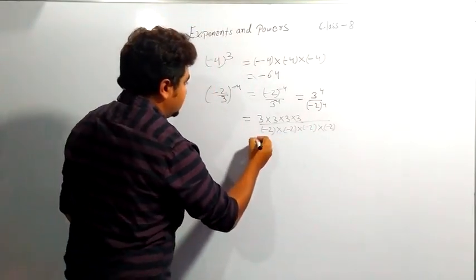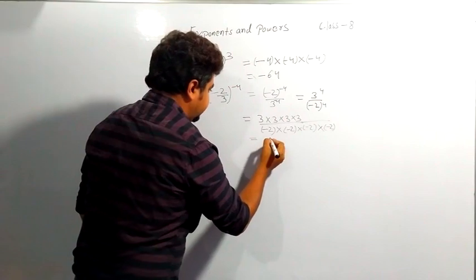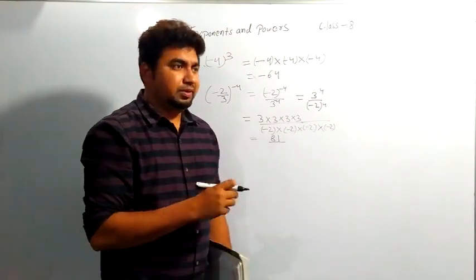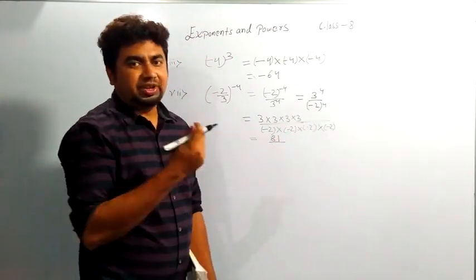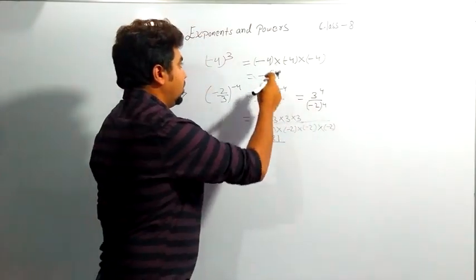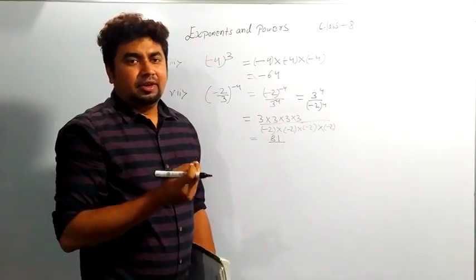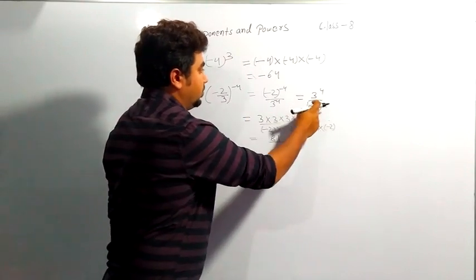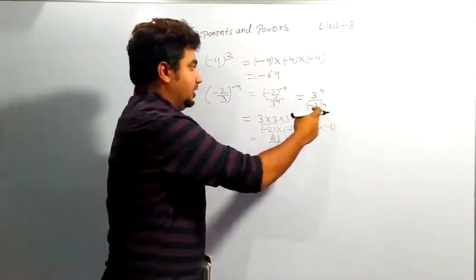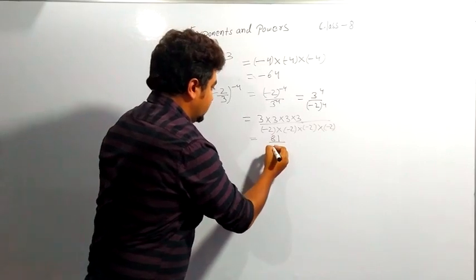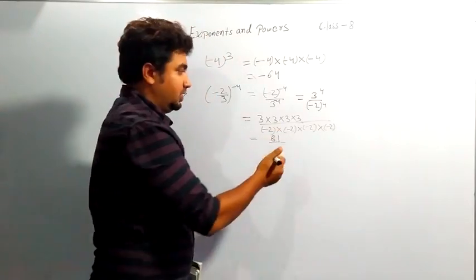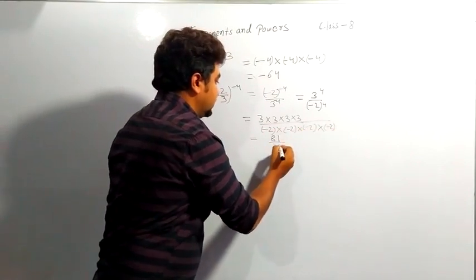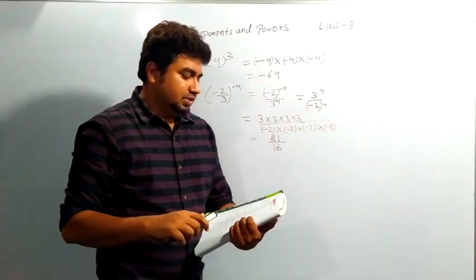So this we can write as 3 to power 4 is 81, and 2 to power 4 is, when we have an even power of minus, it will become positive. When we have an odd power of minus, as in the first question, it will turn out to be negative. When we have minus 2 to power 4, this has an even power, so it will be positive. So we don't have to write the negative sign. 2 into 2 is 4, 4 2s are 8, 8 2s are 16. So it is coming out to be 81 by 16.